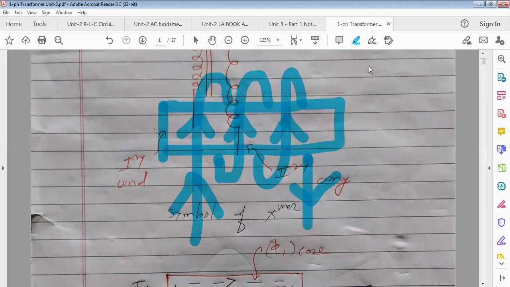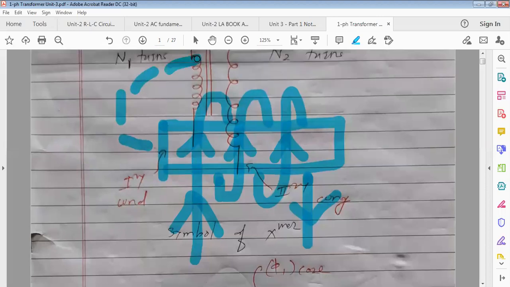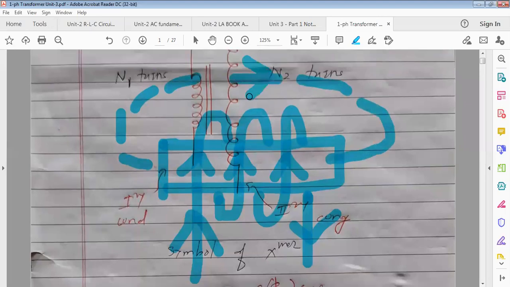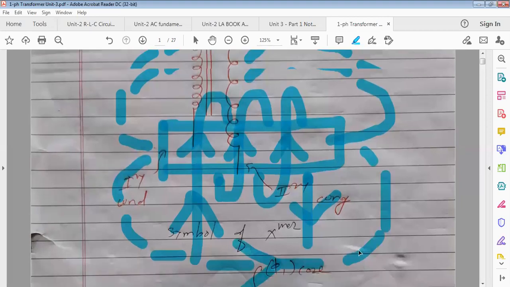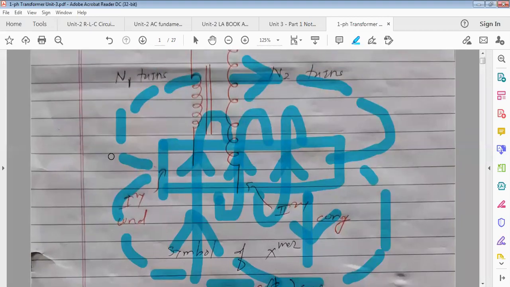Toward the left, ma'am. Very good. Toward left means flux will start from this end, isn't it? Flux will start from this end. Magnetic lines of flux will start from left and they will move toward north. Right. Means which pole will act as a north pole here of this electromagnet? See, this is the direction of flux, isn't it? Because the thumb points toward the direction of magnetic field.